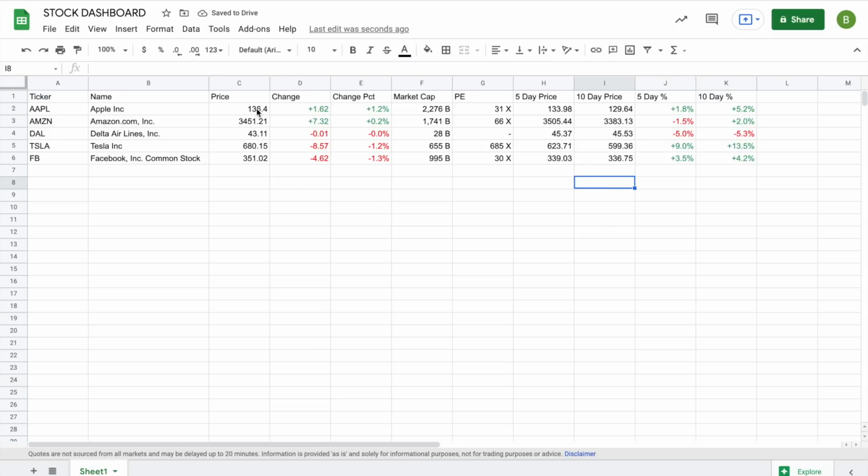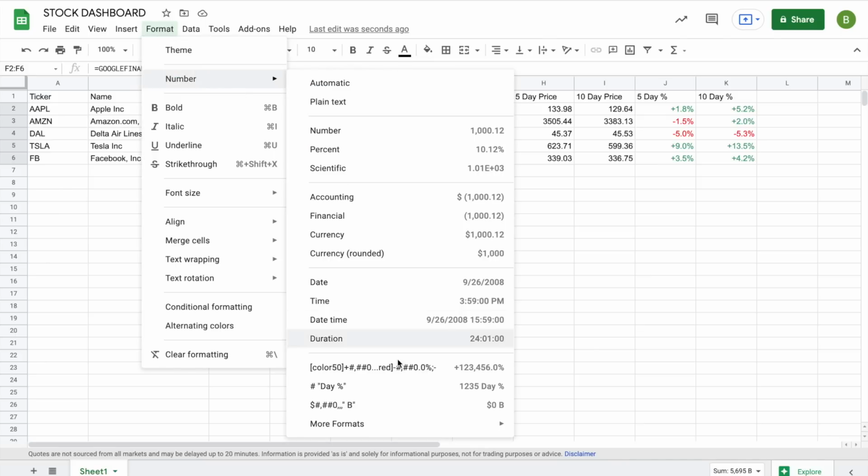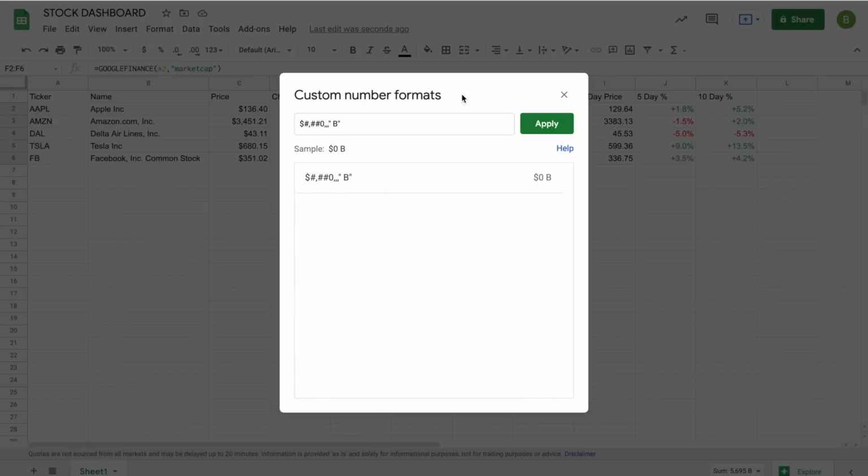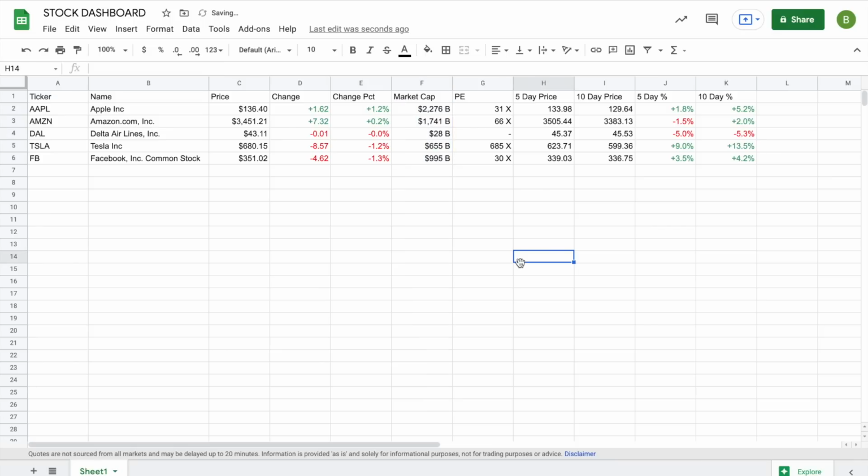Also, let's kind of clean up the sheet a little bit. Price, I like to see the $, so we'll format it as a currency, and then we'll have 2 decimal places for cents. Also, market cap is a numerical dollar figure, so I want to change this custom number format to have a $ sign at the beginning. We'll just add the $ sign there, hit apply, and I think that looks pretty good. We'll also add $ signs to 5-day price and 10-day price. So I think our sheet, our table, is formatted very well now, and now we're going to move on to